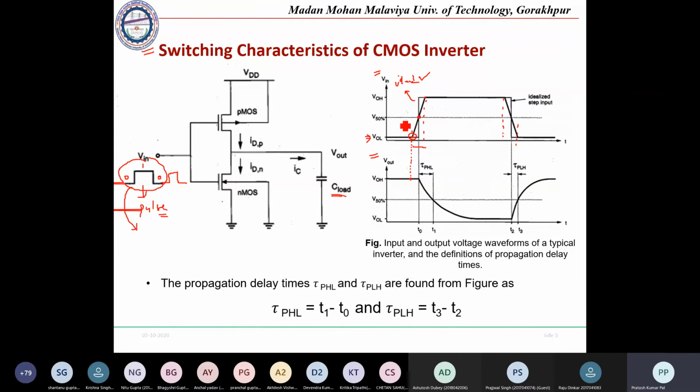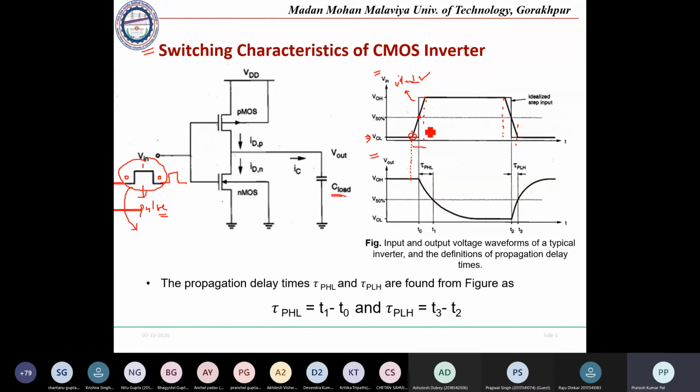Once the input has reached 50%, then only the output will change. Once it is at 50%, that means it was low, so it will be taken as low. In case of input low, the output will be high. And again, once it is going upward, this upward will not be indicated within this time. It will be indicated once it has crossed the middle. Up to 50%, it will be crossing, then only considered as the input has changed to a high value.